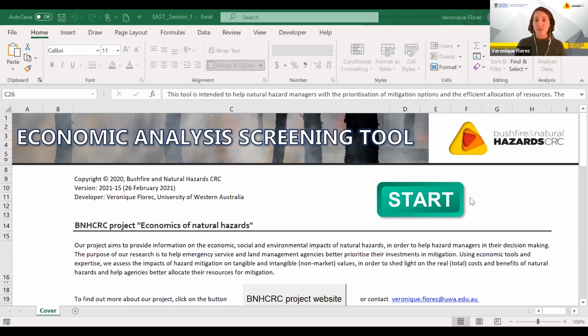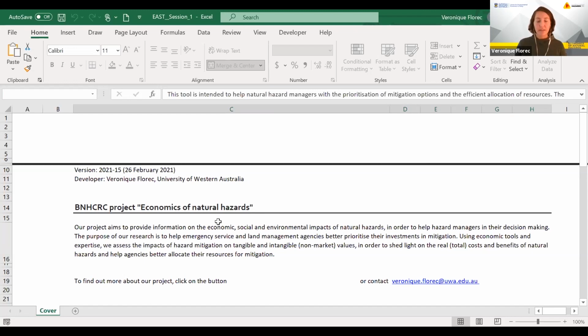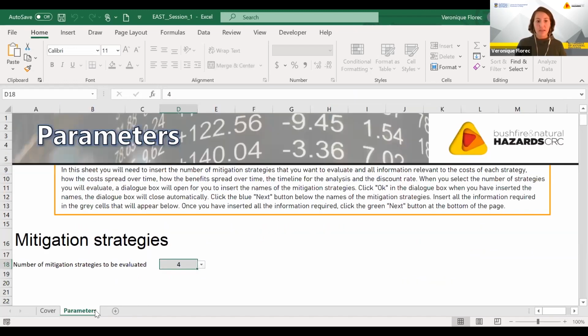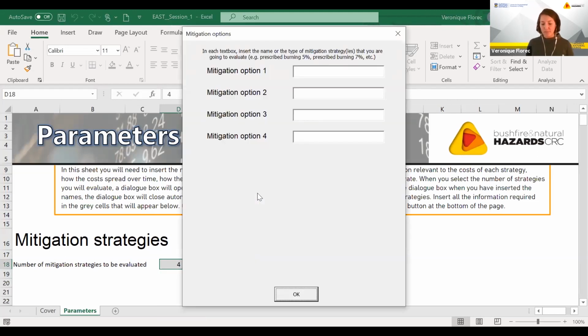So to start, press here on the start button, and then you should open this parameters tab or the parameters sheet. And here in the drop-down menu where it says number of mitigation strategies to be evaluated, there is already the number 4, but we need to select it again. Select the number 4, and you should have a dialog box appearing where we will insert the names of the